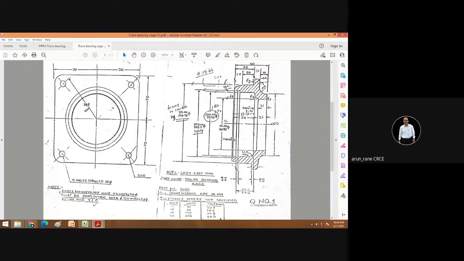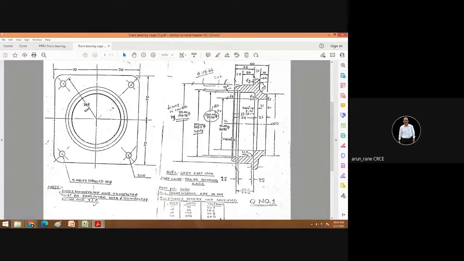Now you can do this. In phase 1, OD turning, facing, all this boring can be finished in one setting. See the beauty, if you are doing it from this side, if your setup one is this, then you can only do this bore. You cannot do this bore and undercut. So that's why it is advisable that you perform from this side.